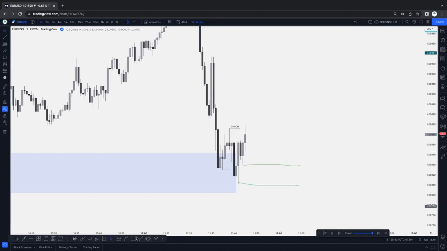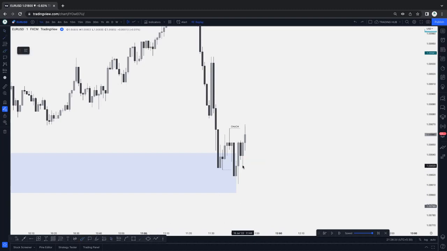Okay. So in this case, you can see here the CHoCH, and this is your structure like this, correct? So in this case, this becomes your first inducement, and this zone is also valid for the buy if the market does not sweep this low and closes, simply going higher. So this area becomes our more high probability zone. In this case, both zones have taken out the liquidity. So we would like to take this one on the extreme.